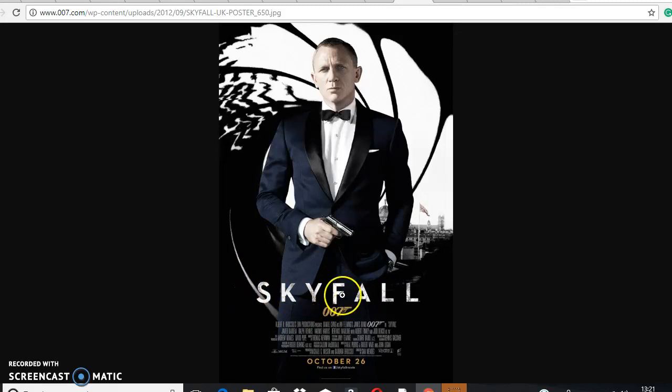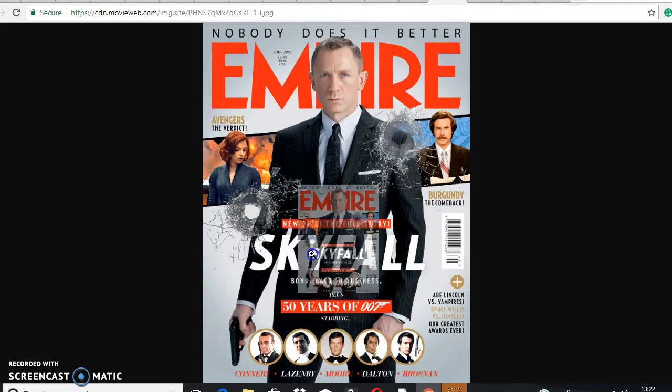It's just a cloudy font there, which obviously relates to sky. So clouds and sky, obviously. So that's to relate to sky, and sort of the colors used and the font choices used aren't too dissimilar. I think, in fact, how Skyfall was written on both pieces is quite similar. If anything, it might just be the feel of the writing that's different on the poster. It's almost sort of cloudy. But I think that the way they are both portrayed and presented both carry a professional, refined, and modern look,